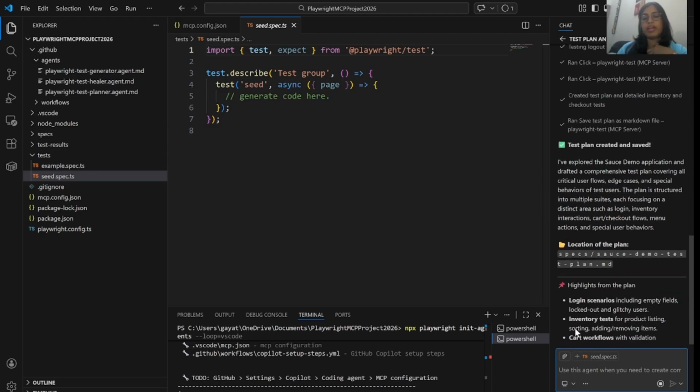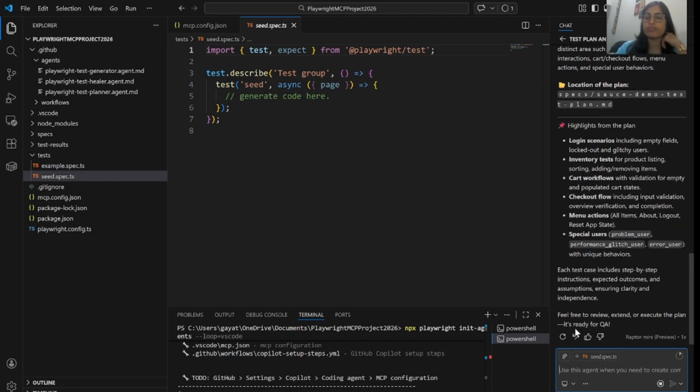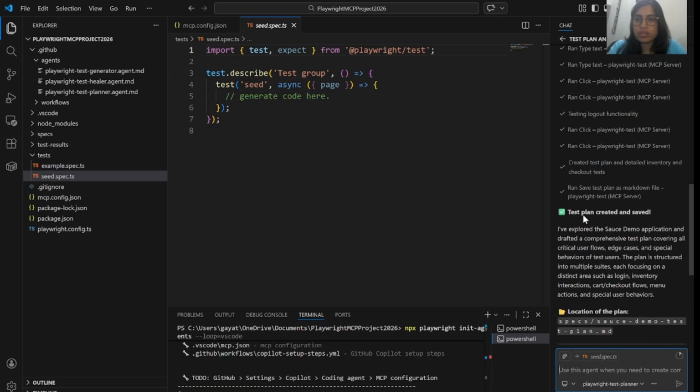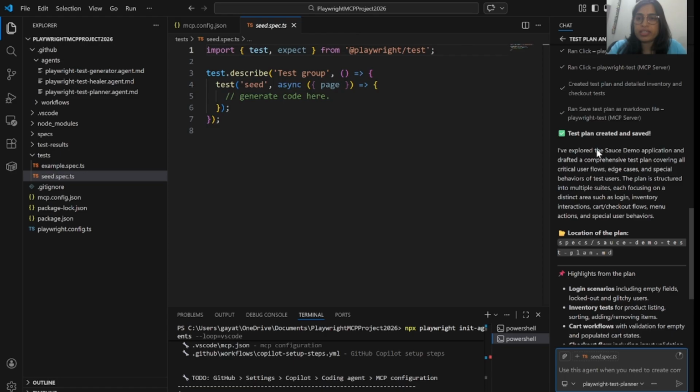Right now I have provided only the endpoint of the web UI. Each test case includes step by step login scenario. Wait. So test plan created and saved.